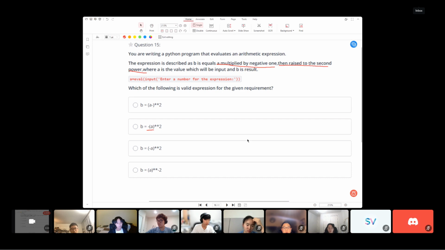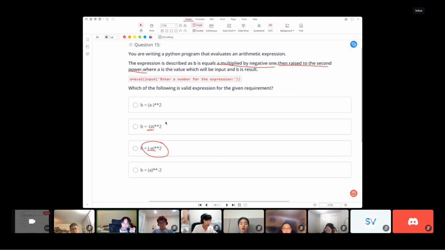Anyways, the point of the problem is that the negative should be inside because it came first. If you're not sure, always just put parentheses in order, because usually words are set in order. Here, -1 is multiplied by negative first and then raised to the second power. You've got to keep the parentheses. If you don't,